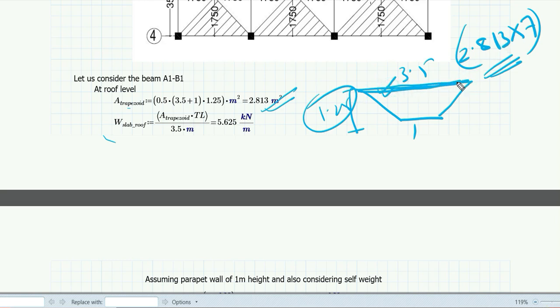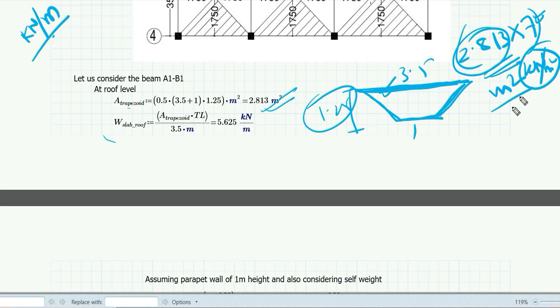But the thing is, in case of a beam, whenever we are calculating, we need the load in kilonewton per meter. But if I multiply the 7, whose unit is kilonewton per meter square, with the area, which is in meter square, then the unit becomes kilonewton. So if you multiply the area with the 7 kilonewton per meter square, you will find the load in the unit of kilonewton.